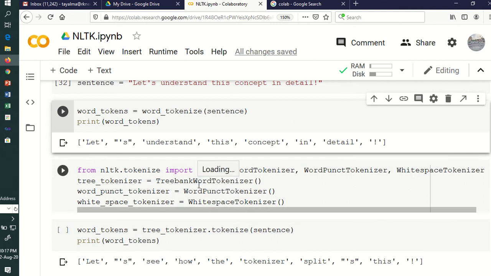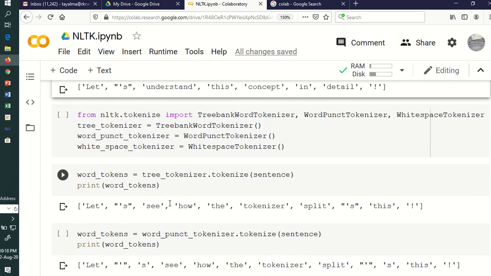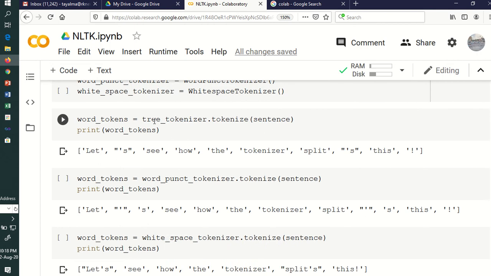There are a number of word tokenizers in NLTK. You can call other tokenizers also. Here we have tried the tree tokenizer and the word_punct_tokenizer also, and we have passed the same sentence and verified what output we got.